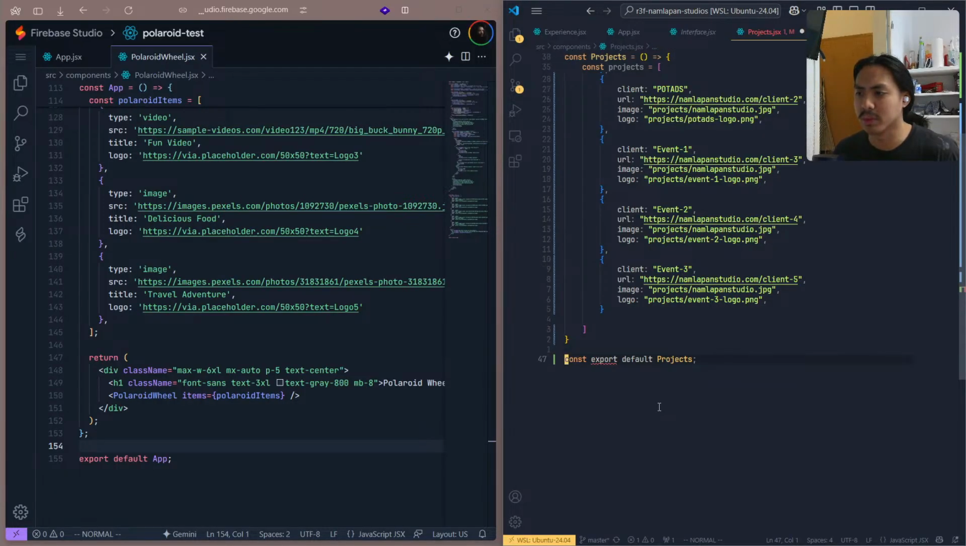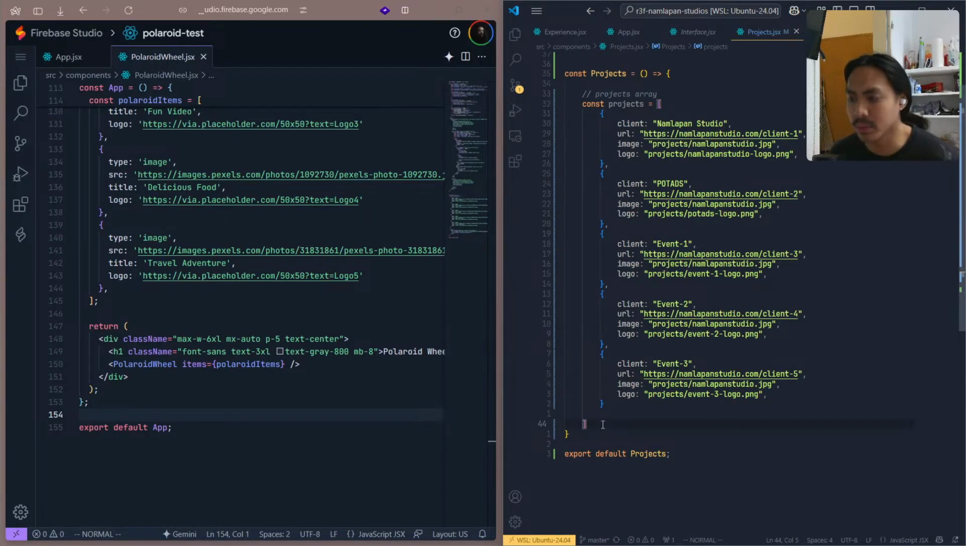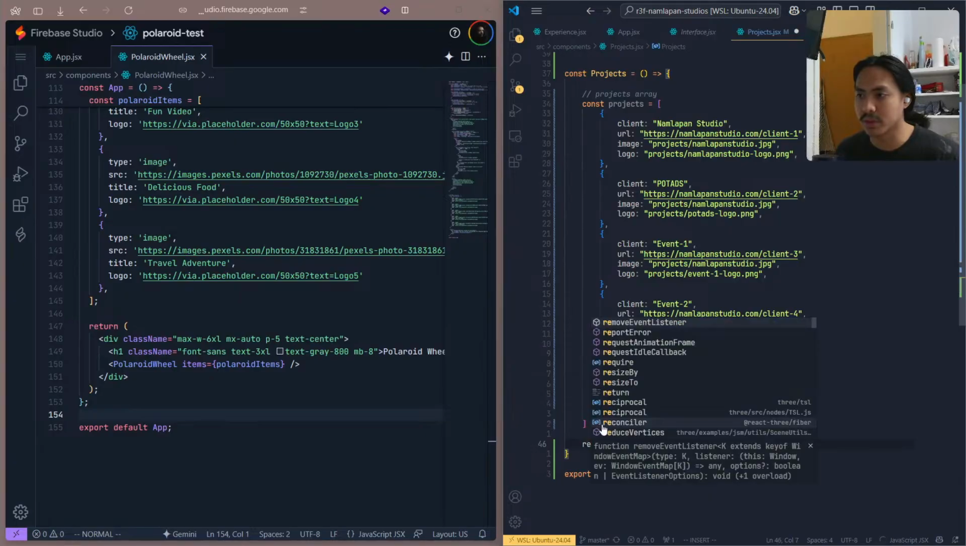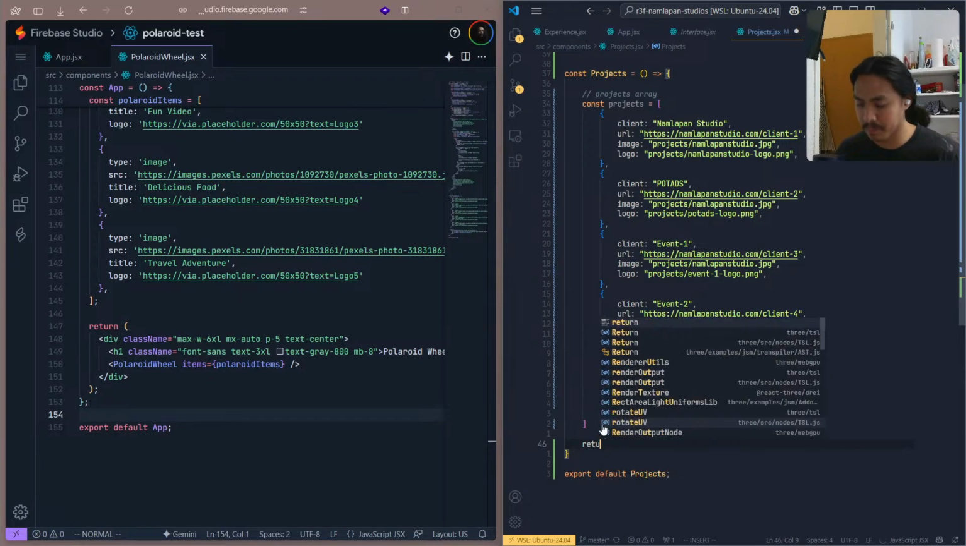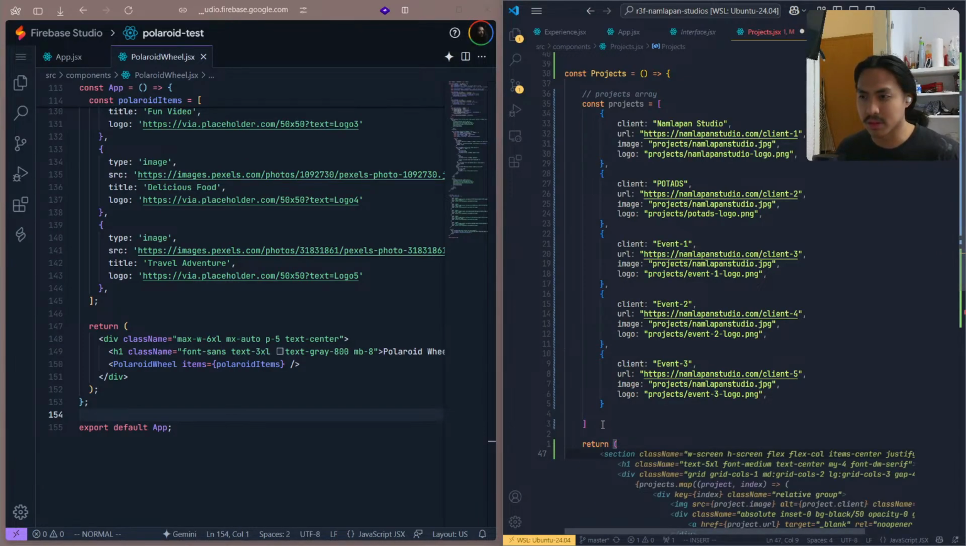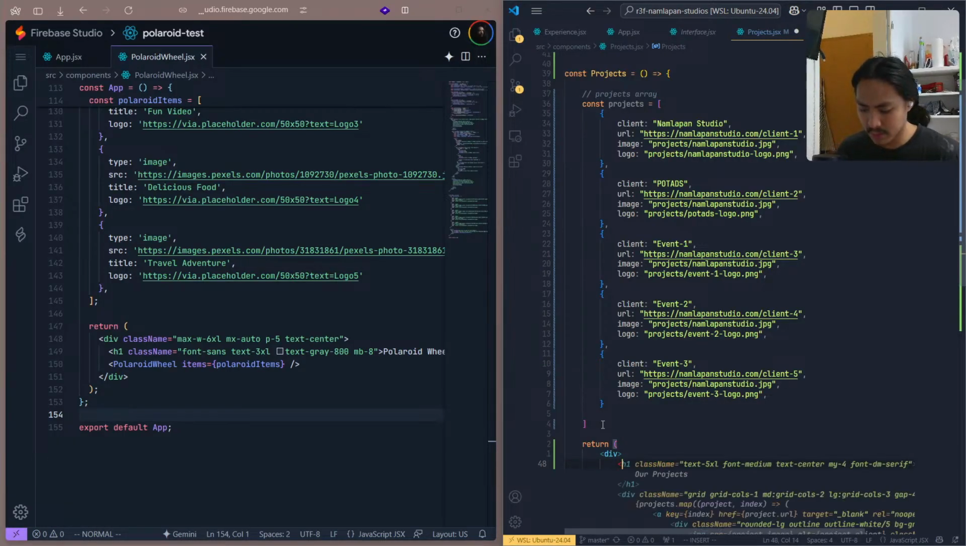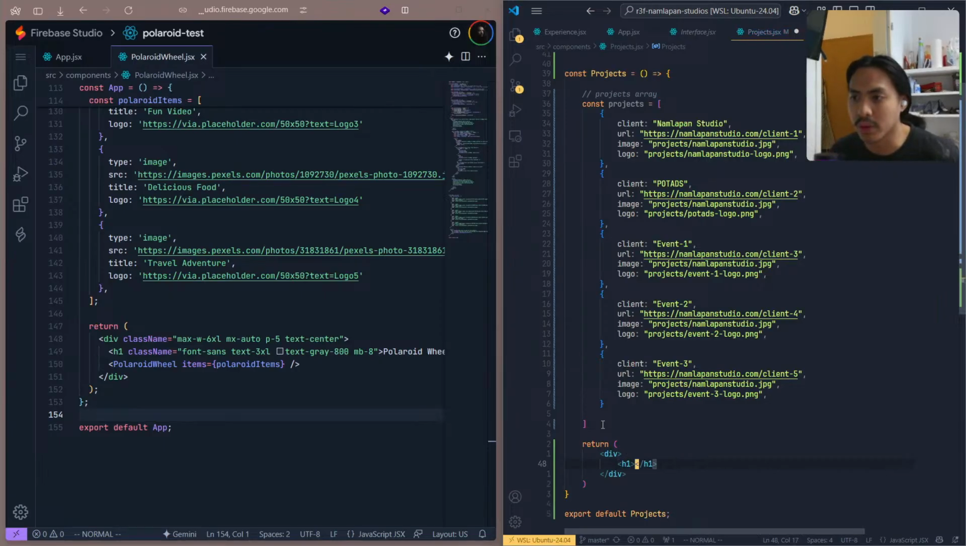Sorry, no const. Why do I need const like that? Okay, we just need to return. I think it's going to be section again. Let's just do div. Div is fine. And h1, that says